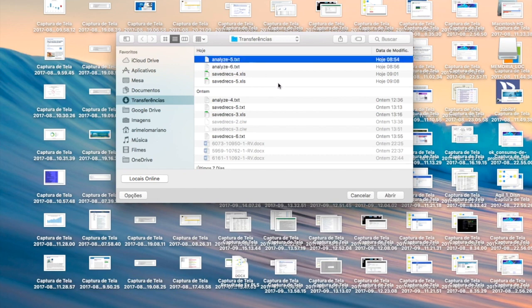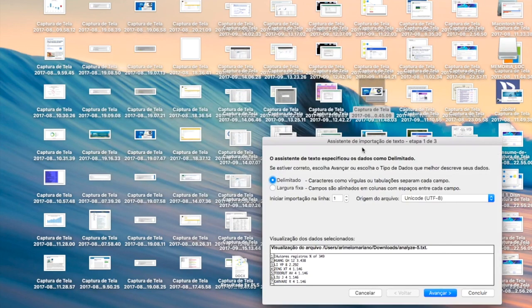If you want, you can rename it as you save it, so you won't get lost. If you are in Windows, not my case, down here it will not recognize TXT while it's trying to open Excel files. Then you switch to all files, so you might see the TXT files, and you'll be able to open.